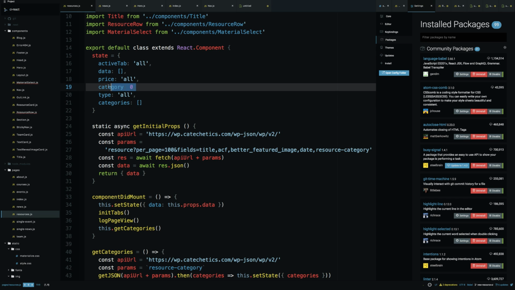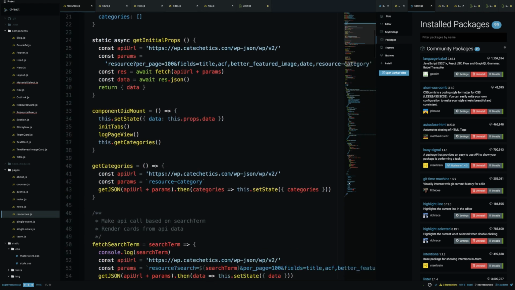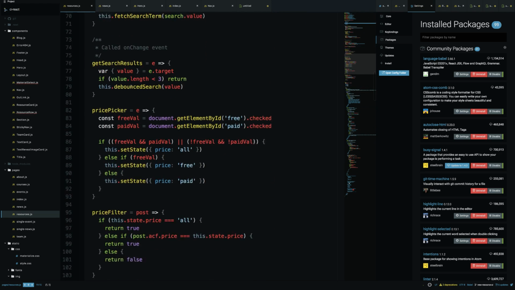This category is what the filter is going to be based on. So this is going to change. It's going to be not the category name, but the category number. So 0 is going to give us everything. So let me go down and